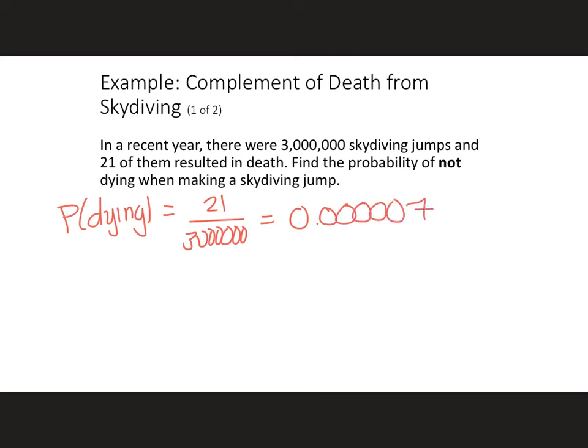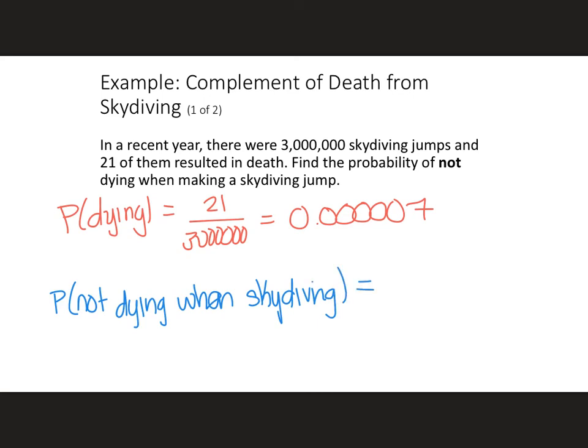And then since we're actually looking for the probability of not dying when skydiving, we can do 1 minus the probability of dying, and that should be 1 minus 0.000007, and you should get